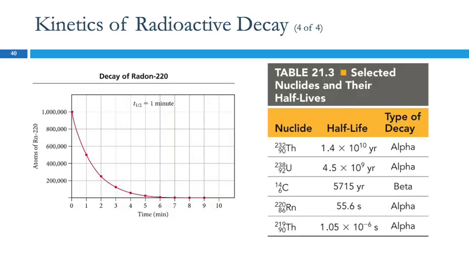Here's looking at the decay of radon-220. This is something that's of concern in the Midwest, where a lot of people have basements. Radon-220 naturally comes out of the soil. Here in California, we don't do basements because we don't have to, so we don't have to worry about radon.